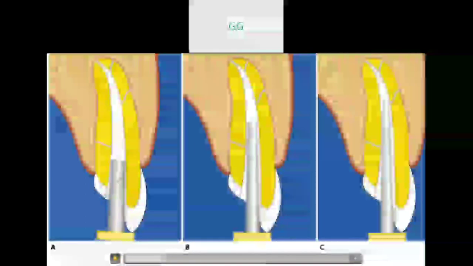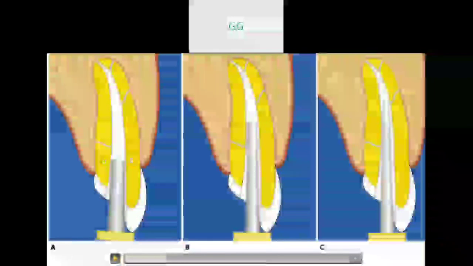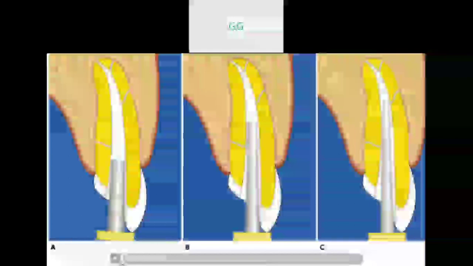Next, coming to the downpack part, what we can see is the plugger with these markings which are placed. This is the plugger that is fitting in the coronal part of the root canal. This will travel to the middle part, and this is the one that we require to go into the apical third of the root canal, and this is how we select the markings and the sizing of the pluggers that we are going to use for our obturation. The sizes go from larger to smaller, and the plugger should fit within this range, at least the last 4 to 5 mm of the apical part of the canal.